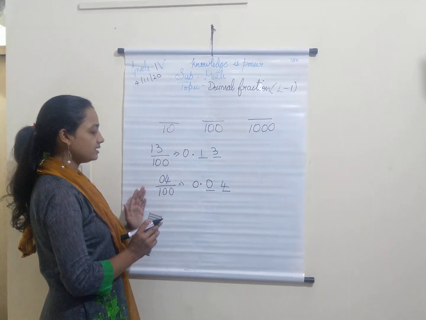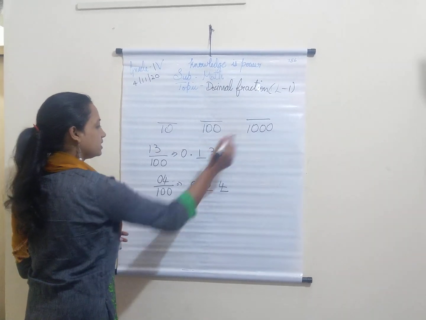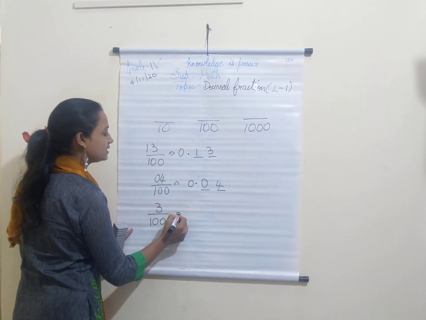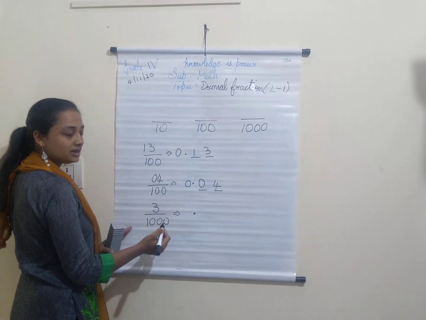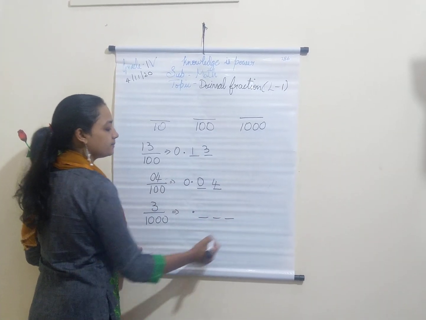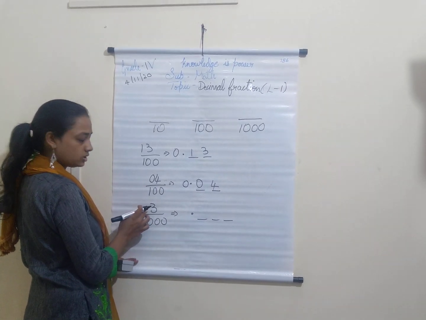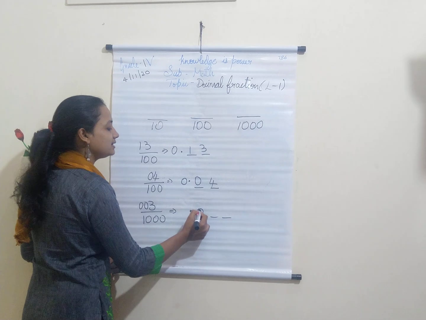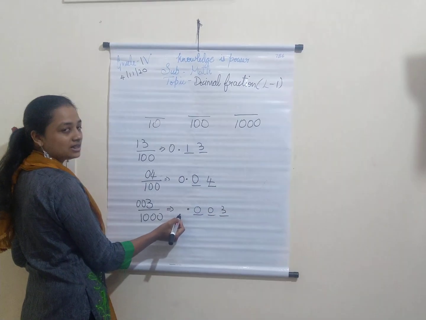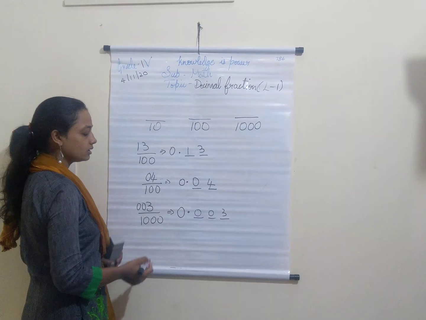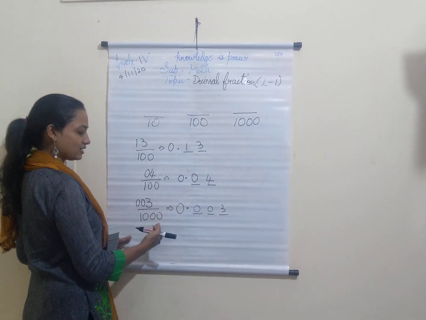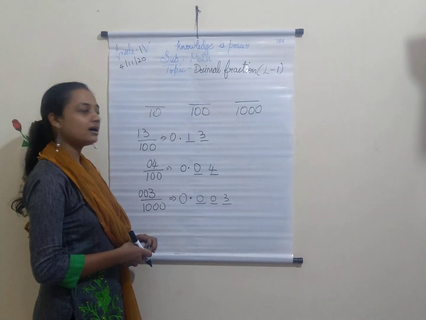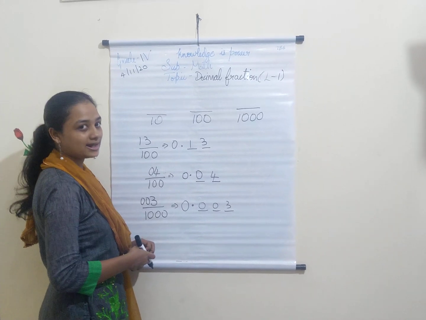If your denominator 100 is written like this. Now what if I have 1000? I have only a single number divided by 1000. After my decimal point, how many numbers should I have? 3 numbers. So how many zeros should I add here to make 3 numbers? 2 zeros. So I have 3 numbers now. Write those numbers here. And I don't have any number in the whole number part, so write 0. So this is how I write a fraction as a decimal. If we are clear with this, let's go for the exercise part.